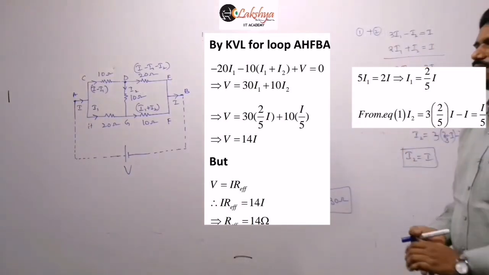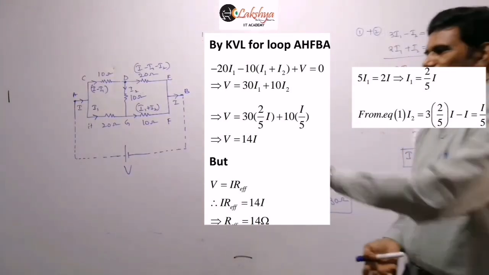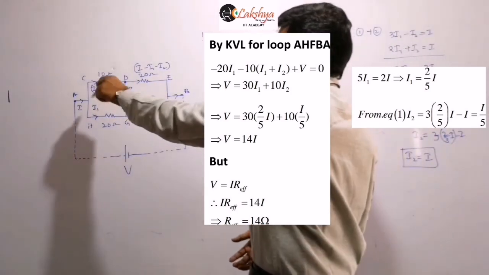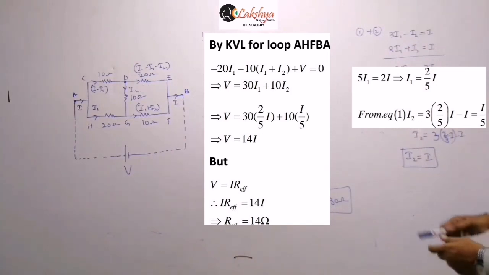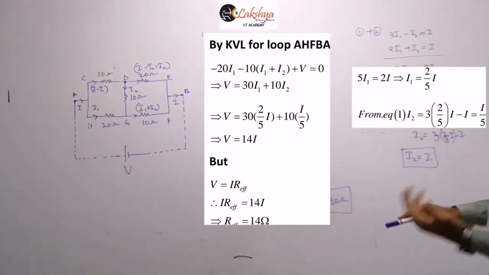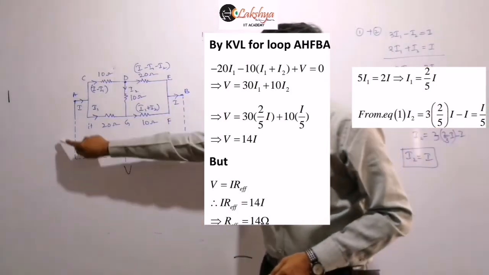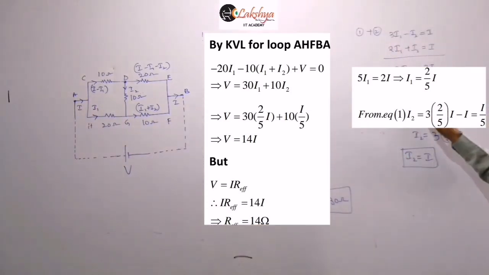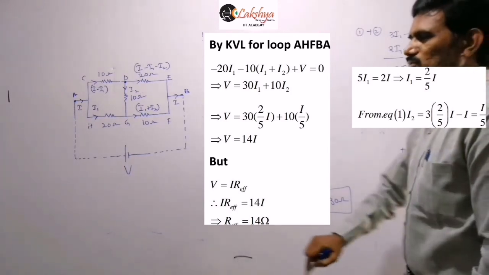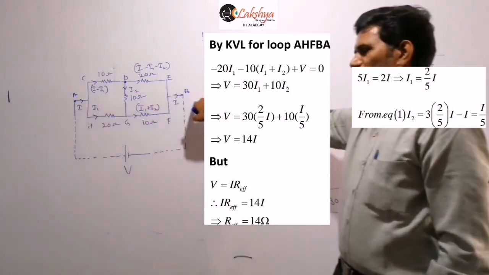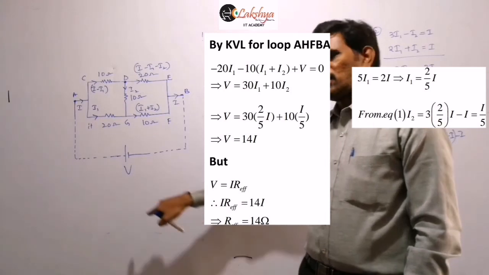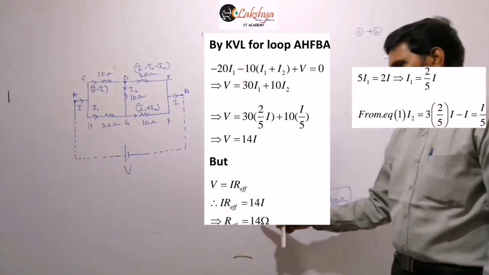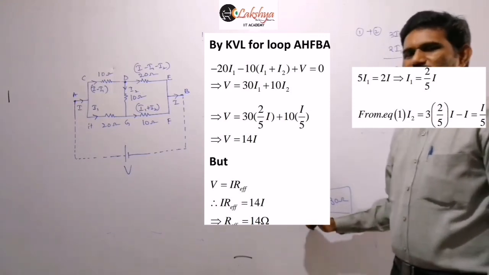So that is a way of finding the effective resistance with the help of the Kirchhoff law. We just need to assume one imaginary cell is connected here, and then we take the current distributions in the given circuit, and we find the I1, I2 or I3, any variable values in terms of the total current. Here we are assuming the total current as I. After getting those values, finally we need to apply the Kirchhoff law including this imaginary cell. And for this cell, we replace the EMF of the cell as I into R effective. By replacing this, you can calculate this R effective value. So it is R effective in the circuit.